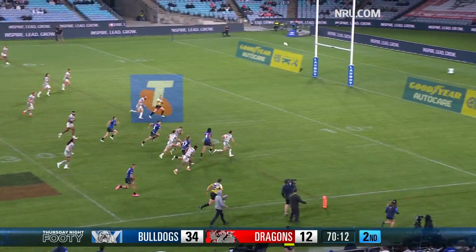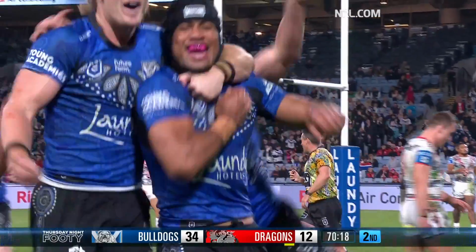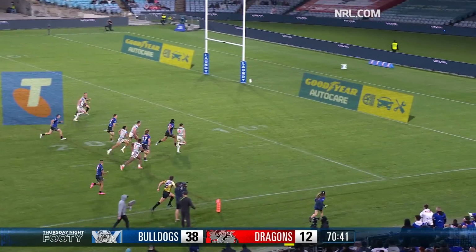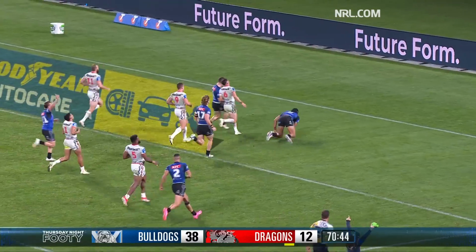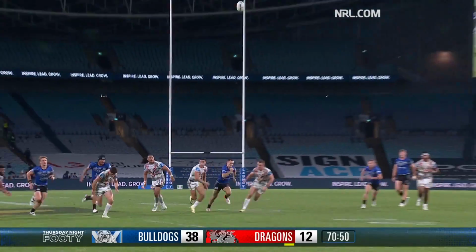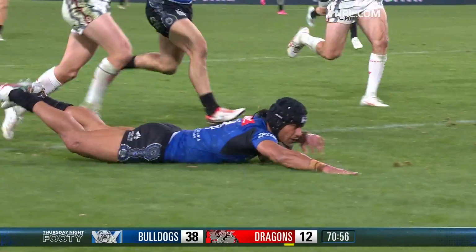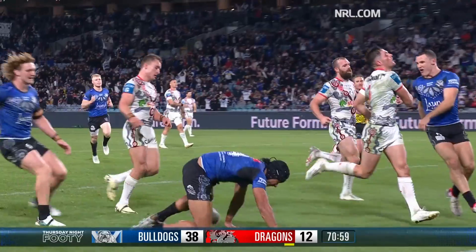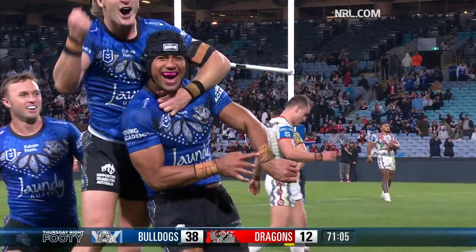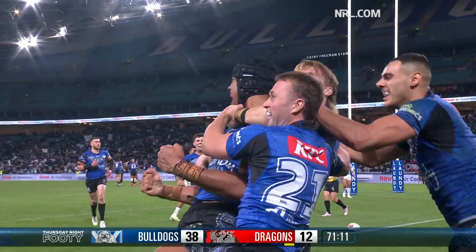The Dogs. Tracy with a kick in pursuit. What a bounce! They are running roughshod behind the defensive line. Harvey Norman replay, and it's Connor Tracy this time. Just a lovely little right-footed chip. Critter, he knew it was on. And he loves chasing the kicks downfield. You just see there, chip straight over the top of Sloan. He was defending up in the line. Beautiful rugby league. Haven't they made a statement, Bulldogs? I mean, talking about their defence this year, how much stronger they've been, but